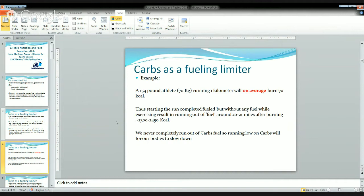Thus, if this person was to start a run completely fueled, and let's say is going to run a marathon, then if the person wouldn't fuel anymore, only those 2,000 to 3,000 calories, and only the ones that are stored near the working muscles like the legs, are going to be utilized. So this person would run out of fuel anywhere between around mile 20 to 21,